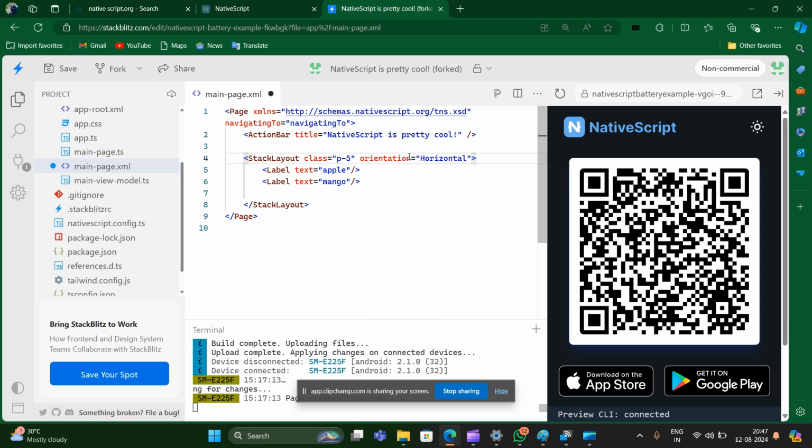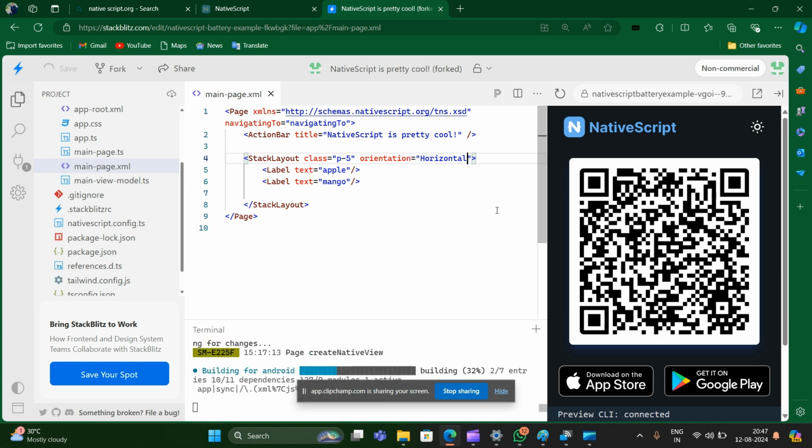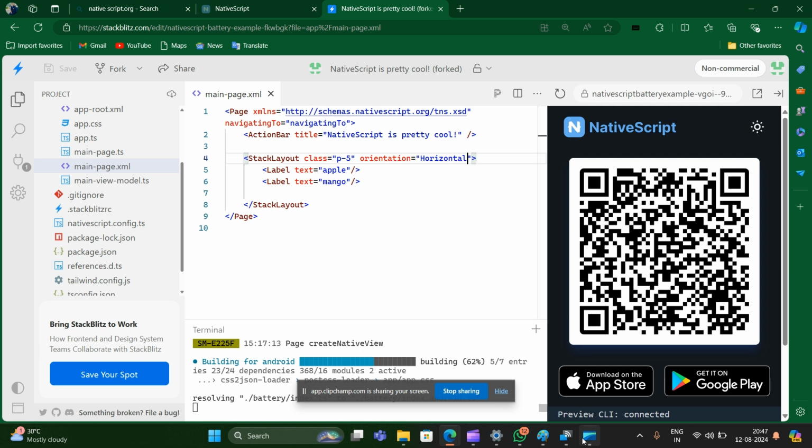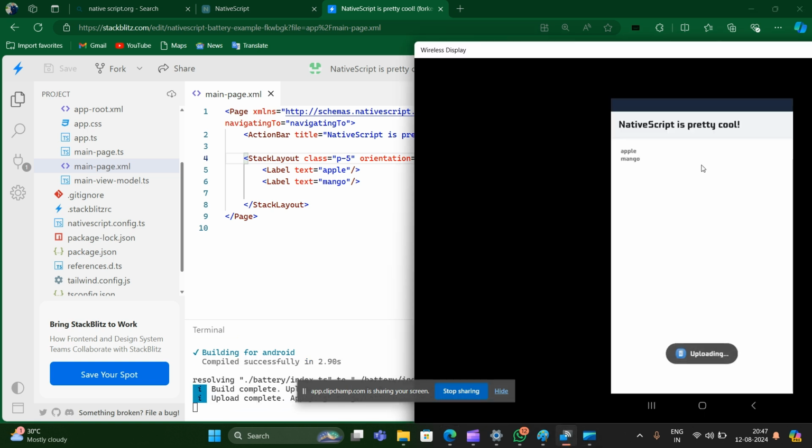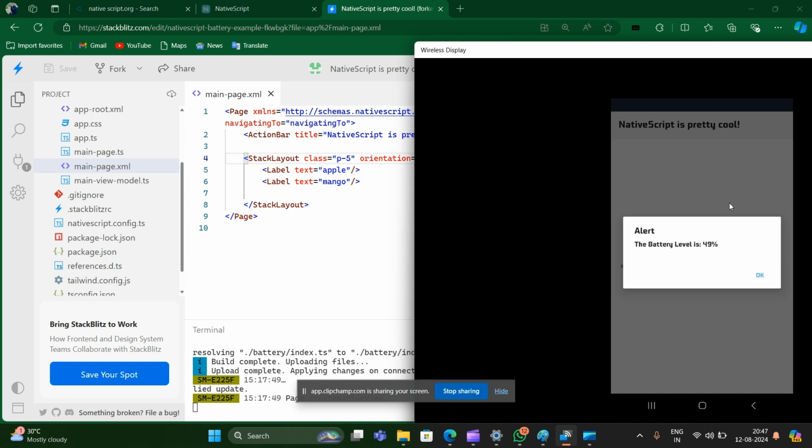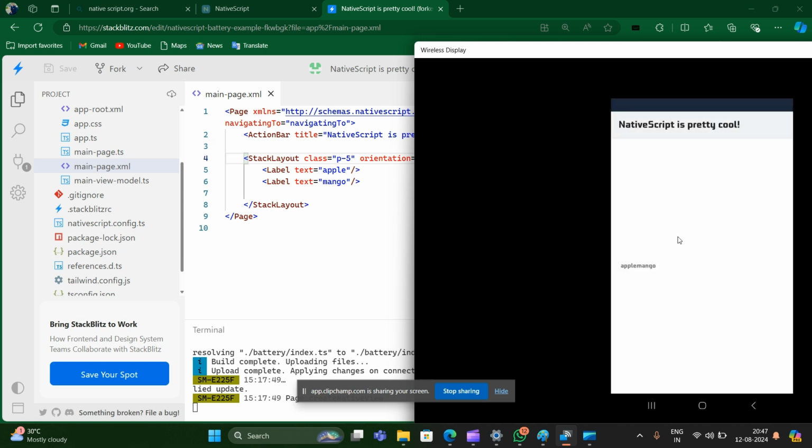Use lowercase, not the capitalized form. Press Ctrl S. Now you can see in which format it is going to be. See, apple is there and mango is there. If you want apple at this place and mango at this place, so that both take equal space, then what do we have to do?